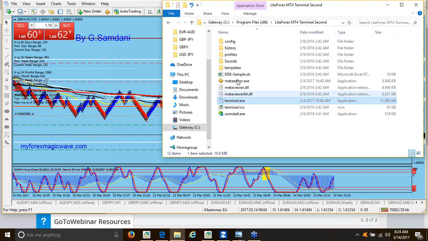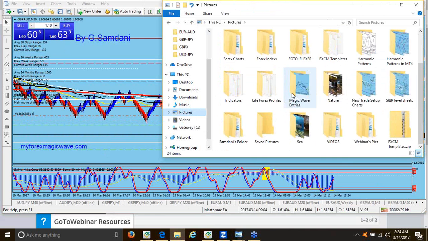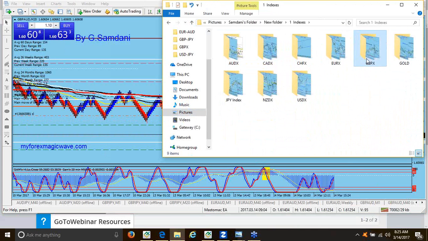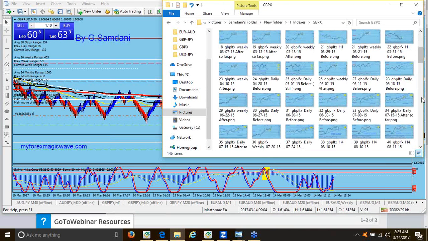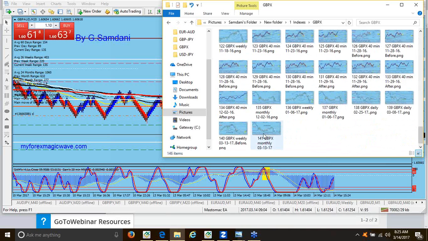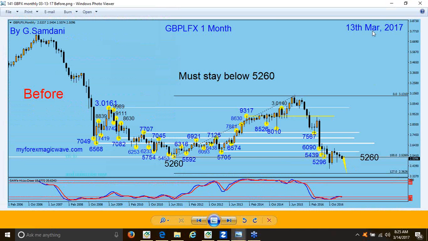Okay, my chart that I sent to my subscribers. Let me quickly show you that. The pound, I'm expecting weakness. Okay, and because of that, pound pairs are to the downside. What did I do? I am looking for pound monthly and weekly. My charts. I made it on the 13th. You see that? On March 13, I made this chart and then sent it out to my subscribers